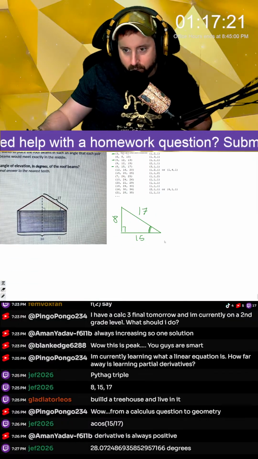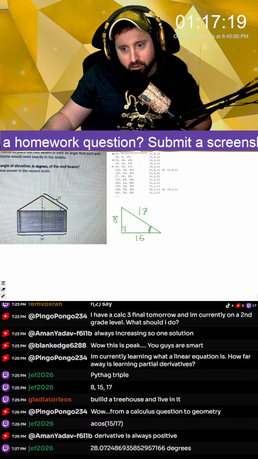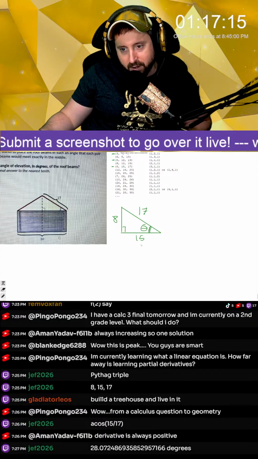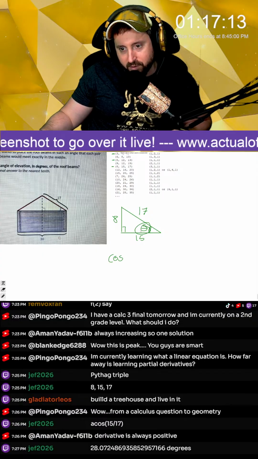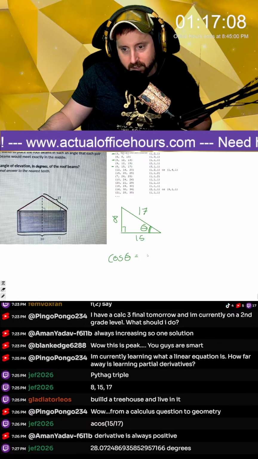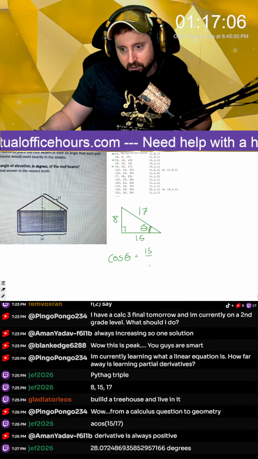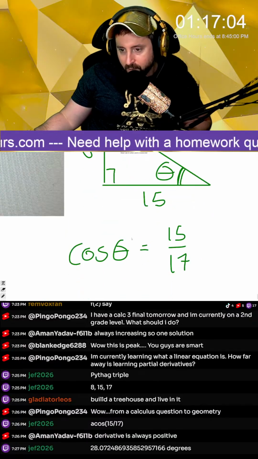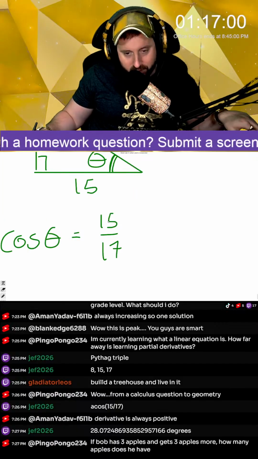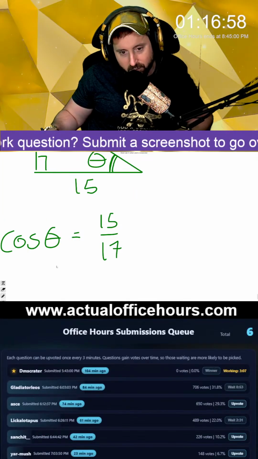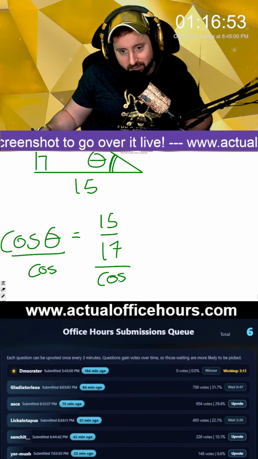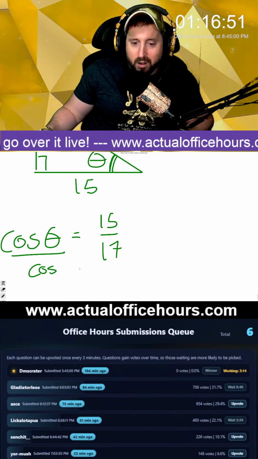But if you wanted to figure out what this angle was, what you do is you say, well, I know this is a right angle. They even drew it there for you. So if this is the angle theta, I know that the cosine of this angle theta is equal to the adjacent side, which is 15, over the hypotenuse, which is 17. And then in order to get theta here, some people are like, oh, let me just divide by cosine. Disqualified. You can't do that. They're like, wait, can't I just divide by cosine? It'll just cancel it out, right? Turns out